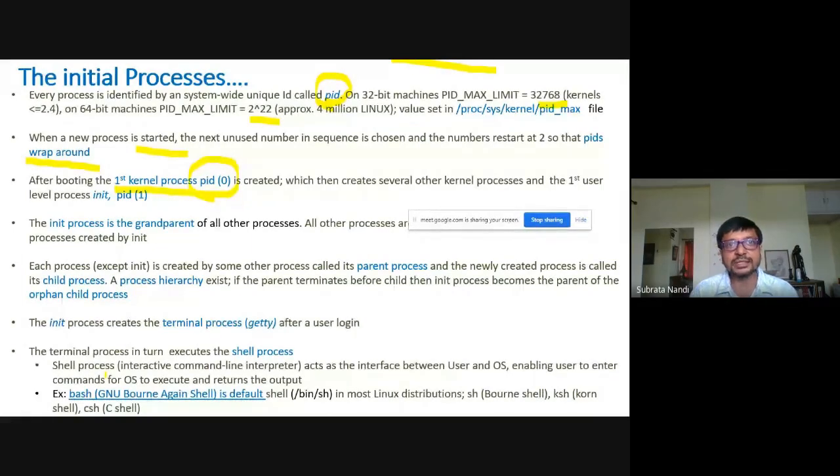So what we mean to say is every process in the system will have a unique PID, the process ID. The first process that gets created after booting is a kernel process, a system process, and we do not see it, we do not need to see it also. That process takes the responsibility to start some other kernel processes. So it creates several other kernel processes,